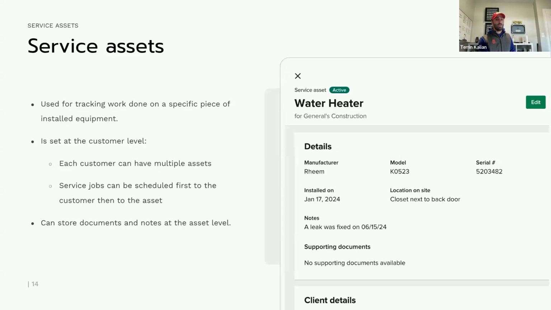The other thing that comes along with this is the service assets that I mentioned earlier. So this was always a really popular request for years while we were looking into building the Service Pro module of Knowify. But the concept of a service asset is that I want to be able to see not just some history with a customer, but I want to see history of what was done on the specific equipment that this customer owns. So that way, if I am performing multiple jobs on the same piece of equipment, I can send someone completely new out to this job and they can see a history of what was done on that